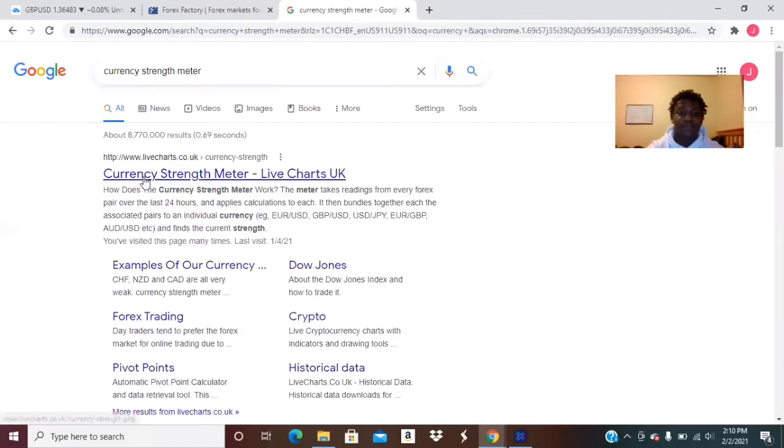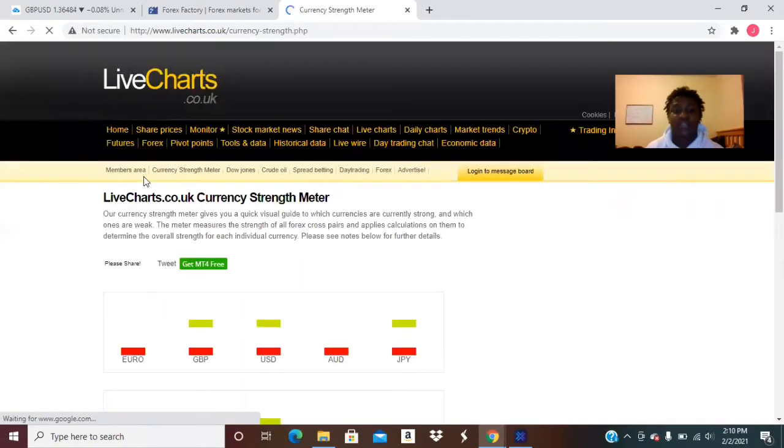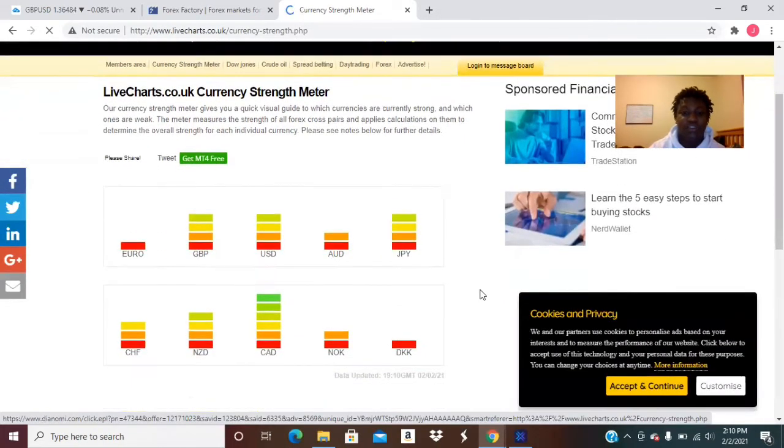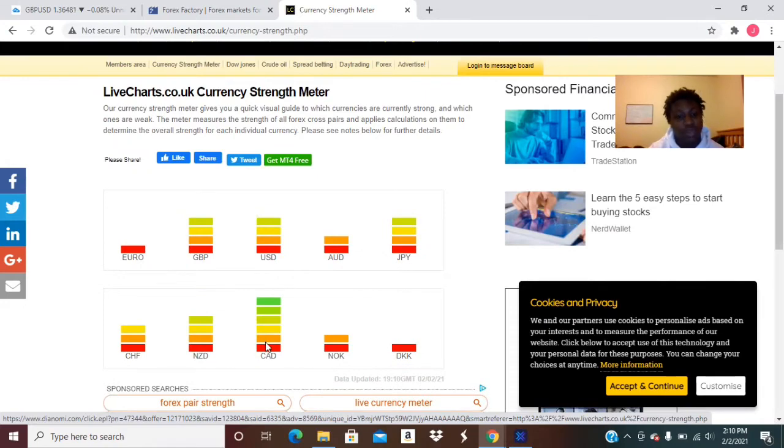And now the next thing, whenever you're actually going into trades and live trades, this is another thing you can look at. Let's say we trade the GBP versus USD. So literally how you use this, super simple, super easy. Let's do this example. Let's say if we were trading